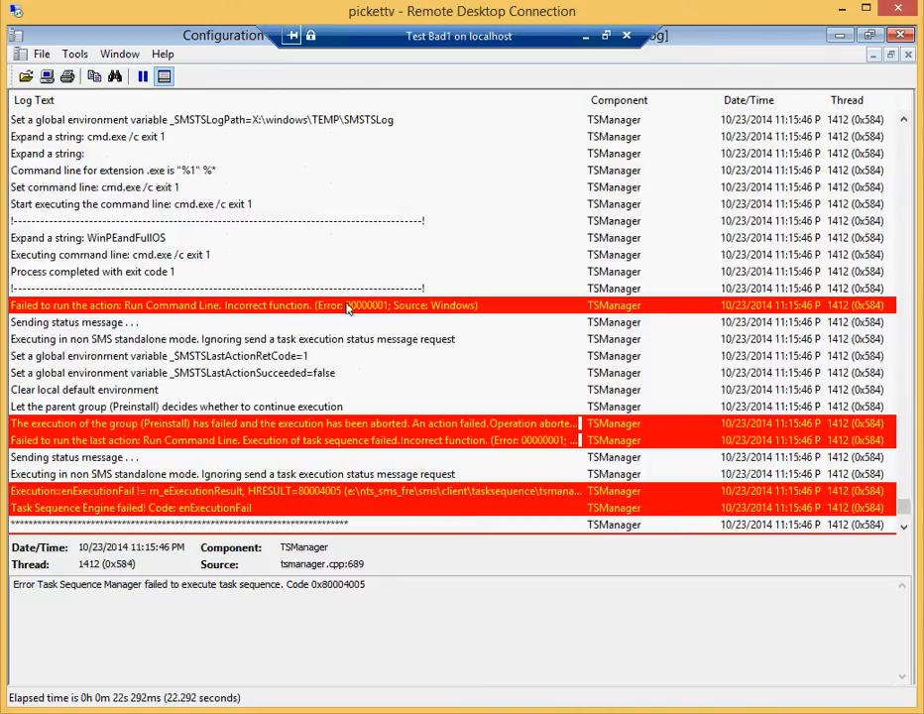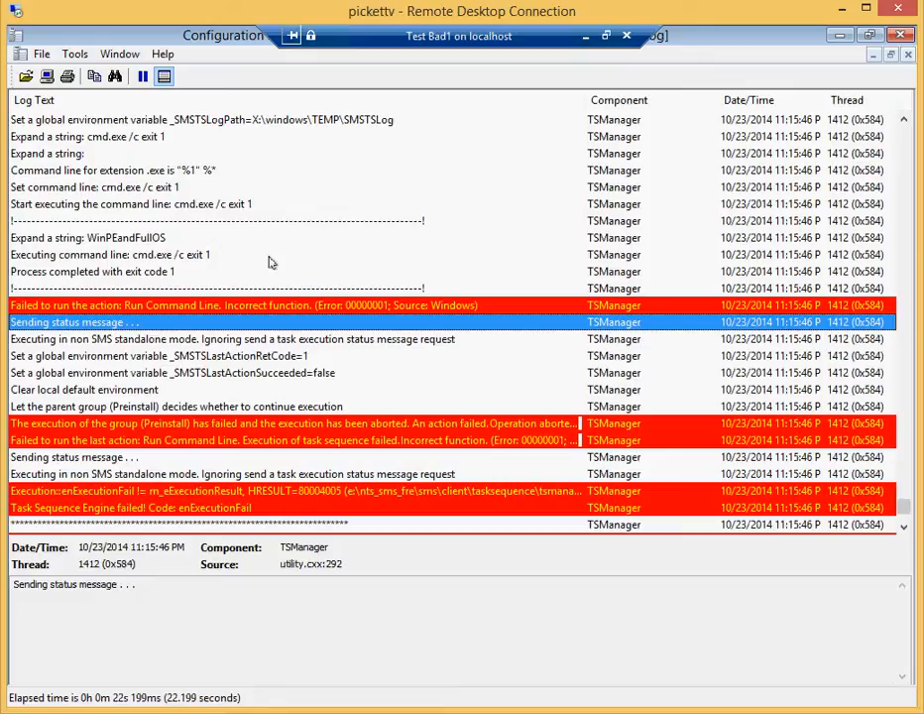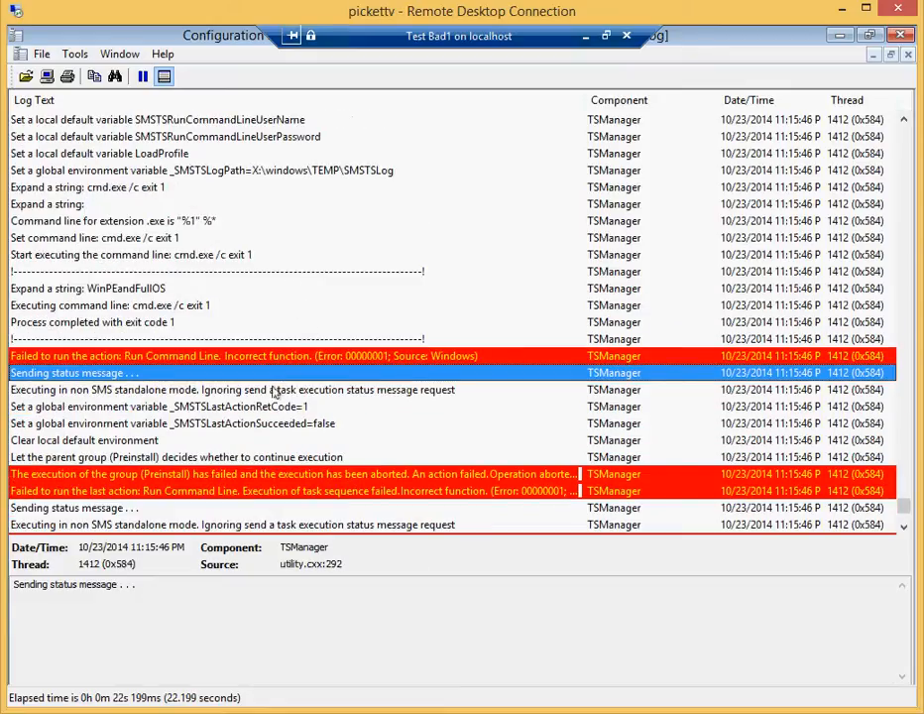If we scroll up, this looks like the step. Executing command line cmd /c exit 1. Failed to run the command line, run command line. What's happening, this is the trick that I added in here. I ran cmd.exe, and the only command I ran was an exit of 1. That means the cmd.exe returned back to the task sequencer 1, and the task sequencer interpreted that as a failure,